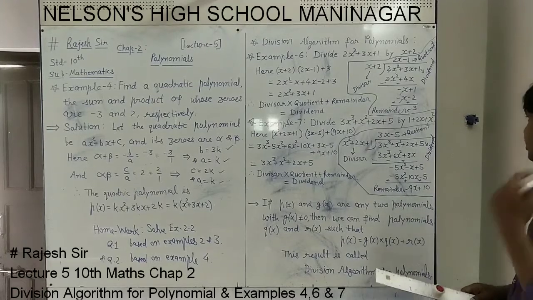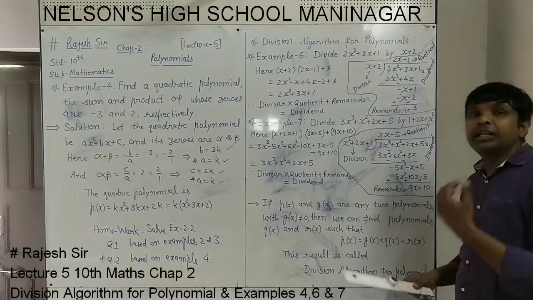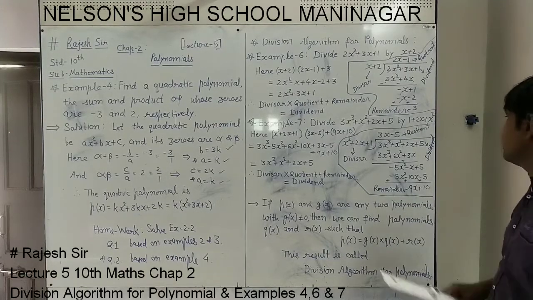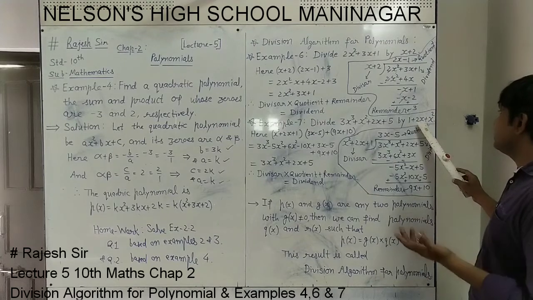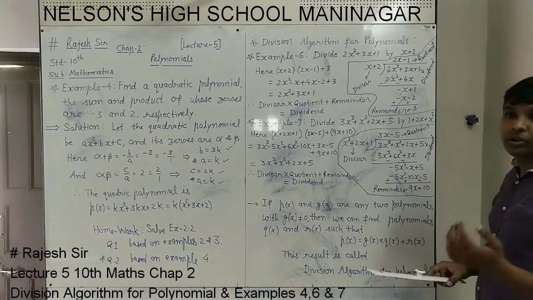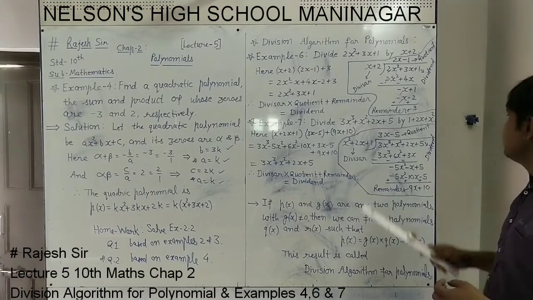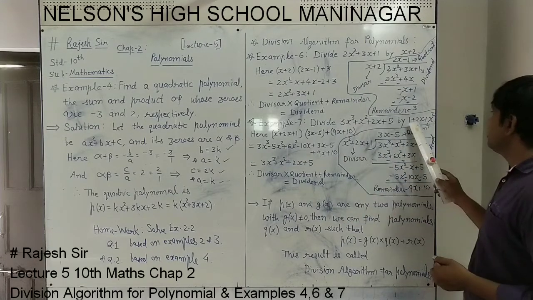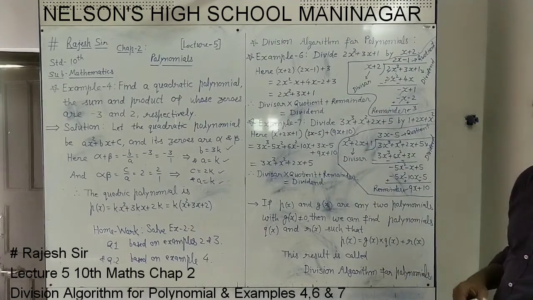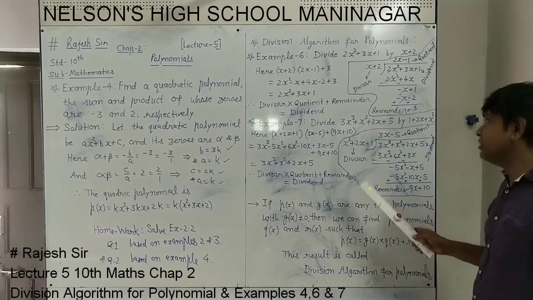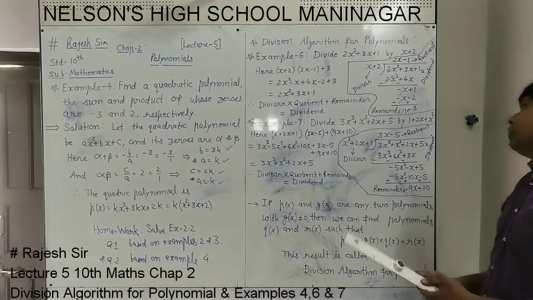So always in a polynomial you have to write the terms in arranged order, in descending powers of x. Here the power x squared is at the end, power 1 is in second place, and power 0 is first. So we have to arrange the terms in such a way that degrees are in descending order. So we will write x squared first, then plus 2x, then plus 1. This way we will arrange in decreasing degree of the terms. So we arrange first, and now we will divide.